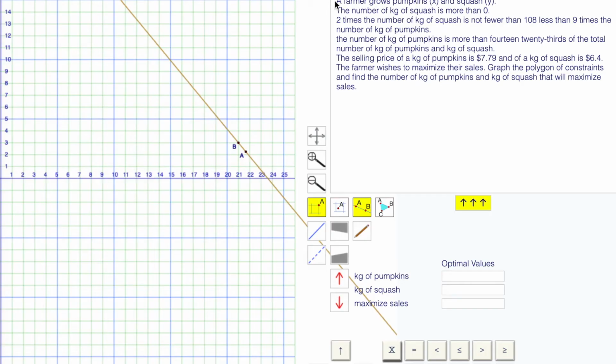Here's a number 6 type question. A farmer grows pumpkins, X, and squash, Y. The number of kilograms of squash is more than 0. 2 times the number of kilograms of squash is not fewer than 108 less than 9 times the total number